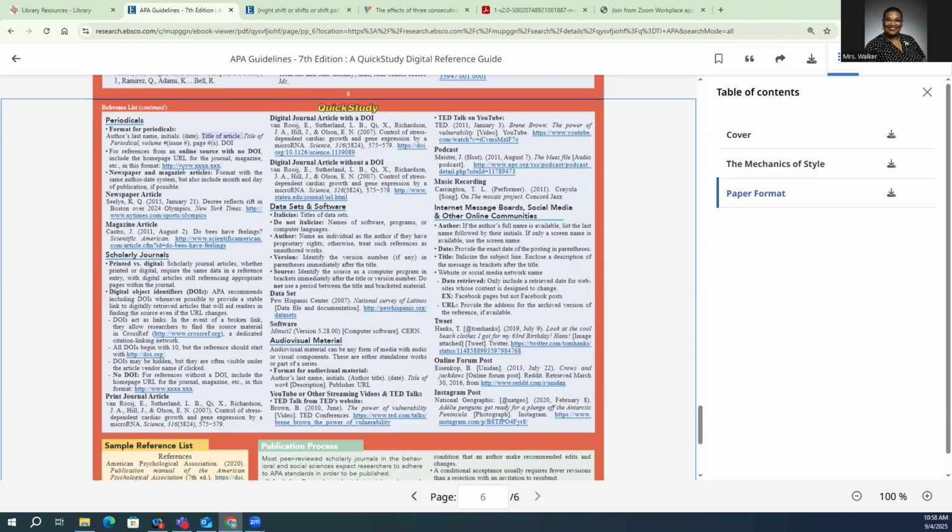We capitalize the first word and then everything else is lowercase. So it's a different scenario for the title of the periodical, but not the title of the article, if that makes sense. So let me see if I can give you an example right quick.